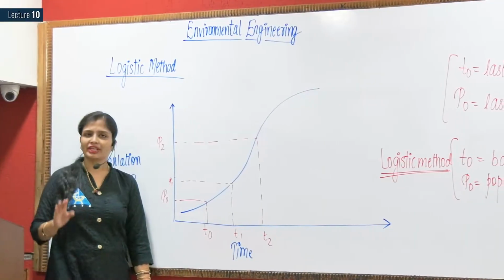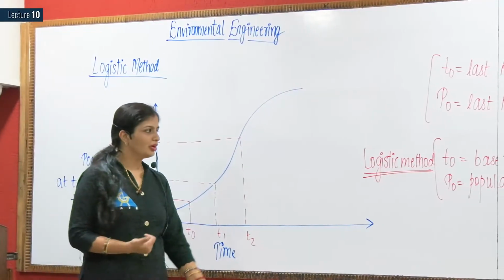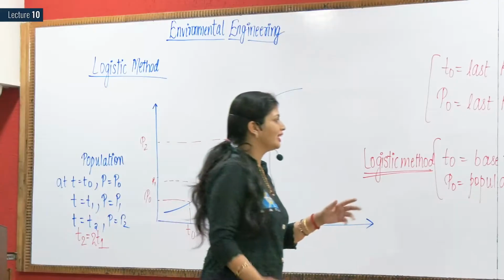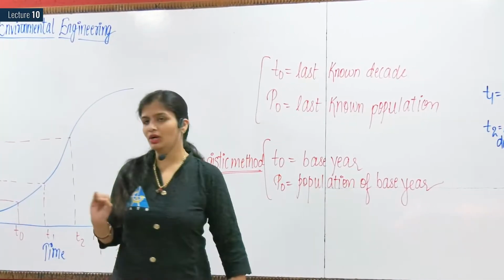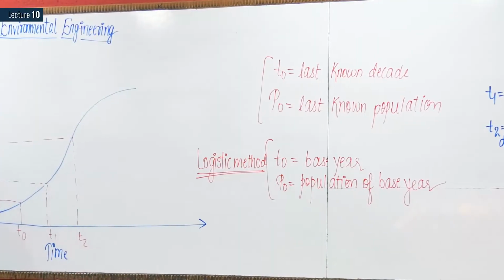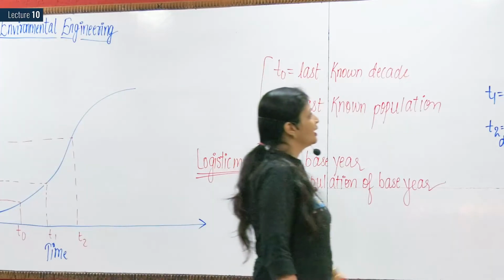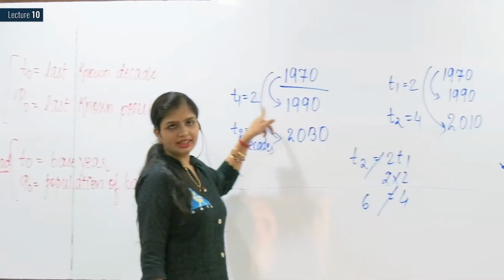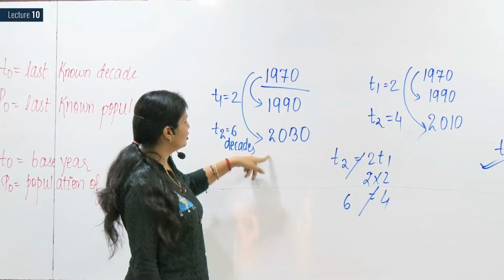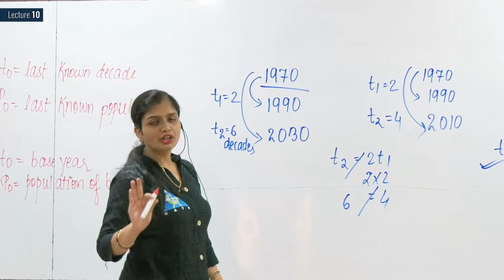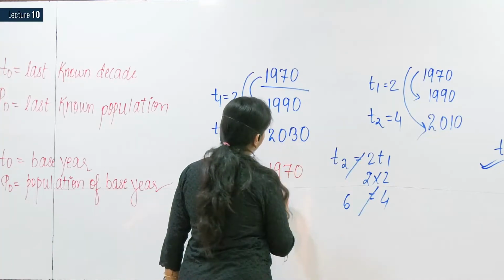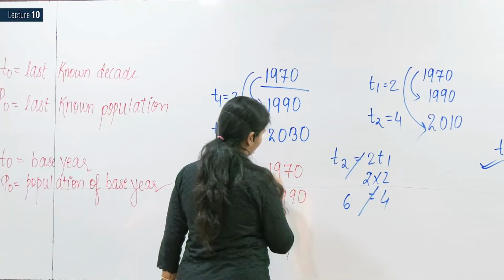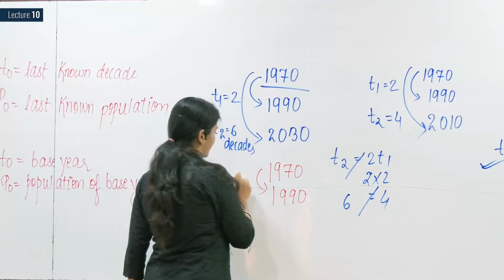The thing is, we can solve one question on this topic because generally you people make mistakes in calculating the base here. One mistake which you all people always do, I'll tell you that before we move to the questions part. See, I have told you the gap between 1970 to 1990 is 2 decades. From 1970 to 2030 is 6 decades. What you people do is, 1970 to 1990, you'll mark it as 2 decades.